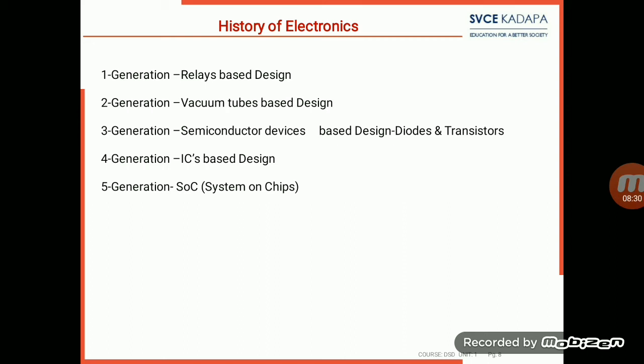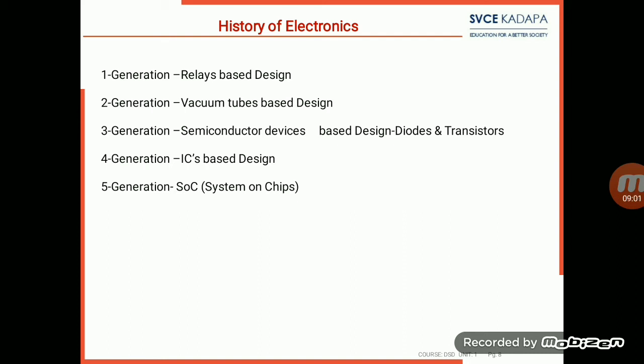But vacuum tube based designs have very fast operation compared to relays. But even though, vacuum tubes also require more space and more power, and the speed is also less. Next, research and development went to the semiconductor device. Once the semiconductor device came into the picture, the electronic industry changed tremendously in a smart way.